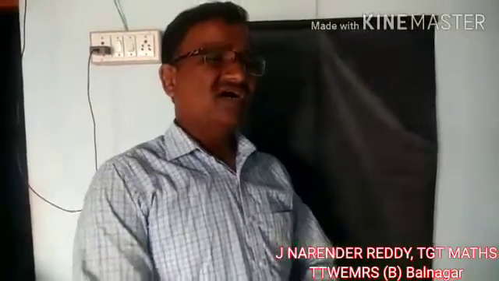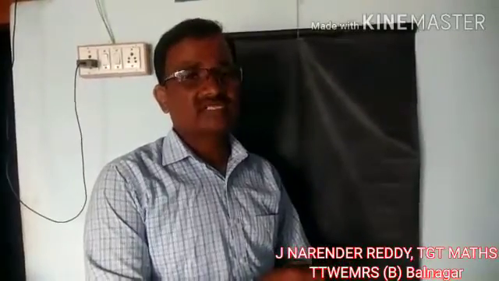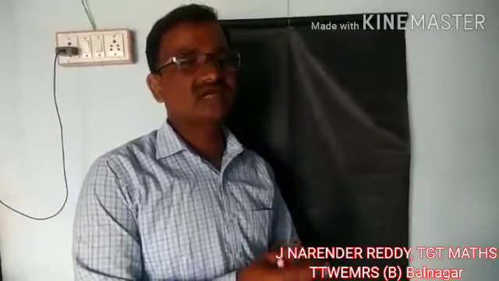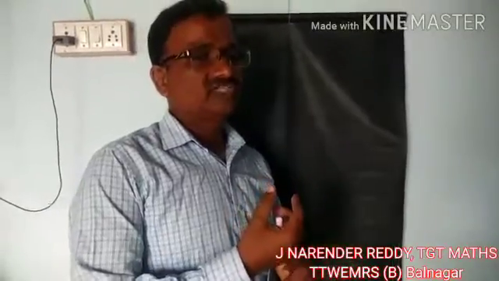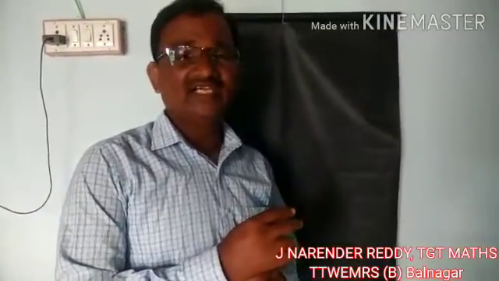So now I am going to teach 10th class mathematics. As you know, if you see your 10th class textbook, there are a total of 14 chapters. Out of 14 chapters, chapters 1 to 7 come under paper 1 and chapters 8 to 14 come under paper 2. If you go to the textbook, you can get the clarity. So now I will teach you the paper 2 chapters.